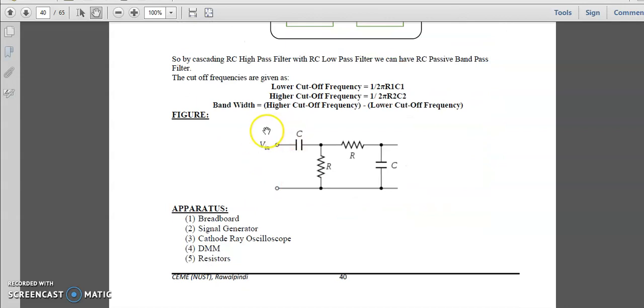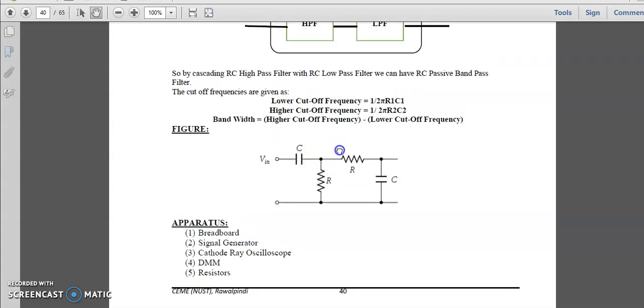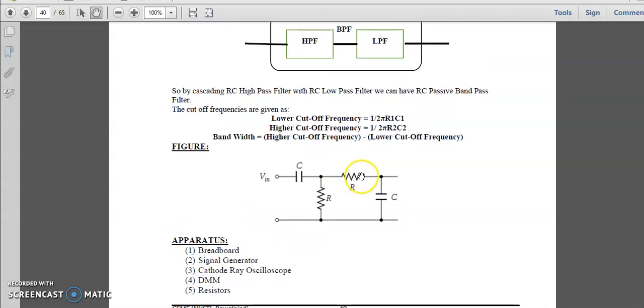This circuit is what the band pass filter will be for RC based band pass filter. Now we'll consider this C as C1 and this R as R1, while this R as R2 and this C as C2. So this C1 and R1 is a high pass filter, while this R2 and C2 is a low pass filter.